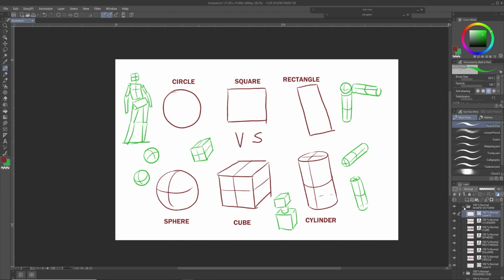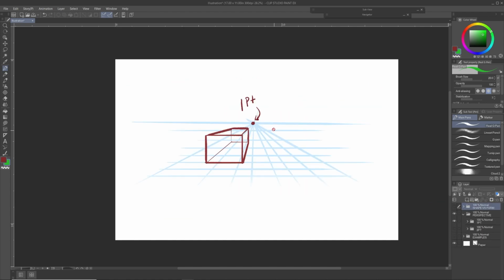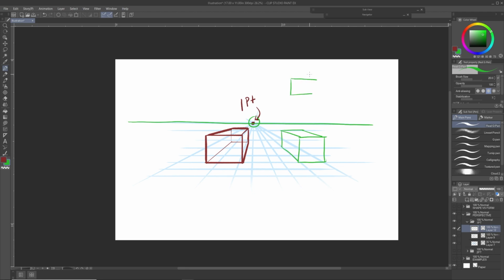Having a basic understanding of perspective will help when drawing forms. So I want to quickly go over 1 point and 2 point perspective. 1 point perspective is when you have one vanishing point on your horizon line. Your side lines, your side corners recede back into that 1 point, while your front facing plane lines are parallel